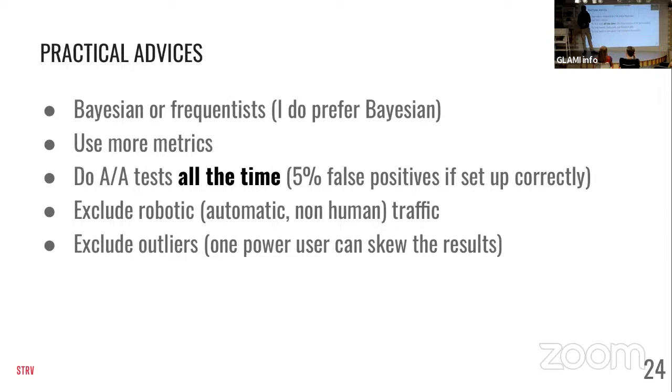I think A/B testing is usually not a tool for power users, because the group is usually small and you can test new things on them in a different way. So this really depends on what you test, what the new feature is about. But for most of the tests, usually outliers are just bad.